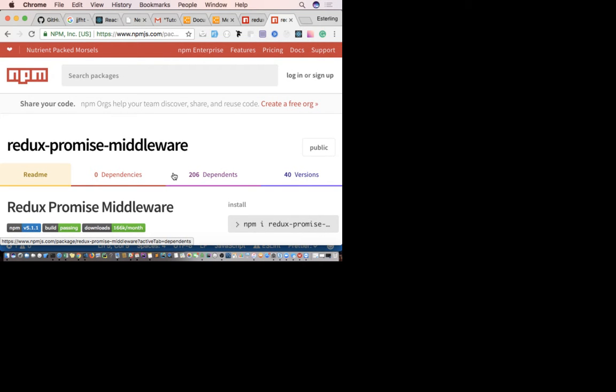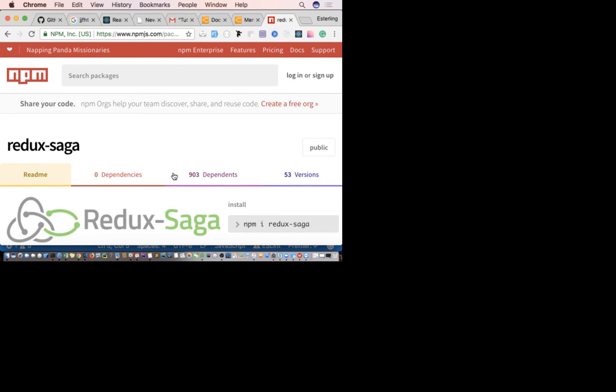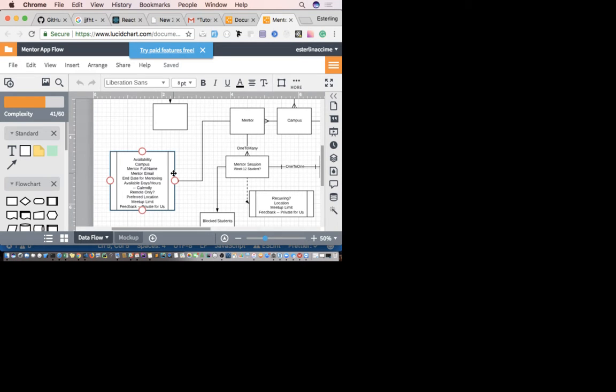So if you're making an API request, you get some data, and you want to modify the data within Redux, you need either thunk, or you need Redux Saga, or you use Redux Promise Middleware. Does that answer the question of what thunk is? Good? All right. Thunk? Oh, thunk, right? Okay.